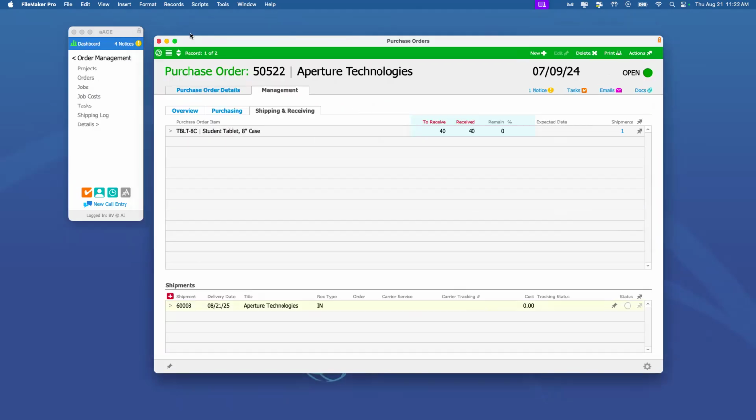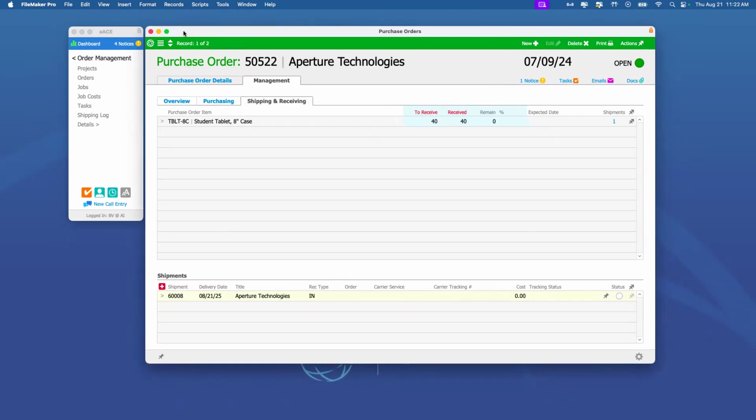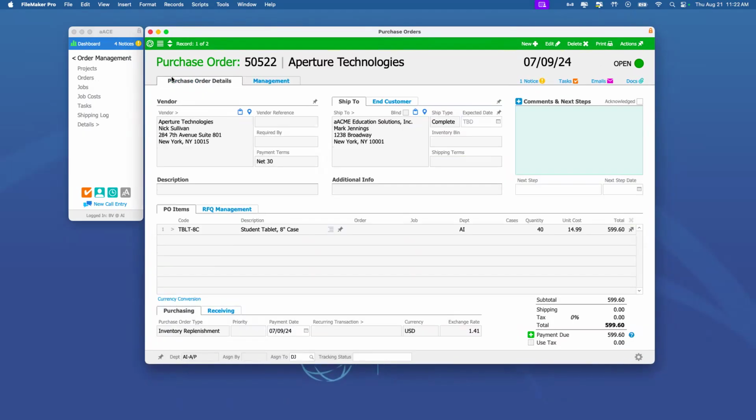Yeah, and so here we are. We can get an overview of how this whole workflow works. So that pretty much is everything that I wanted to show you today. We can create those POs based on what we need from our vendors. We can pass that information along